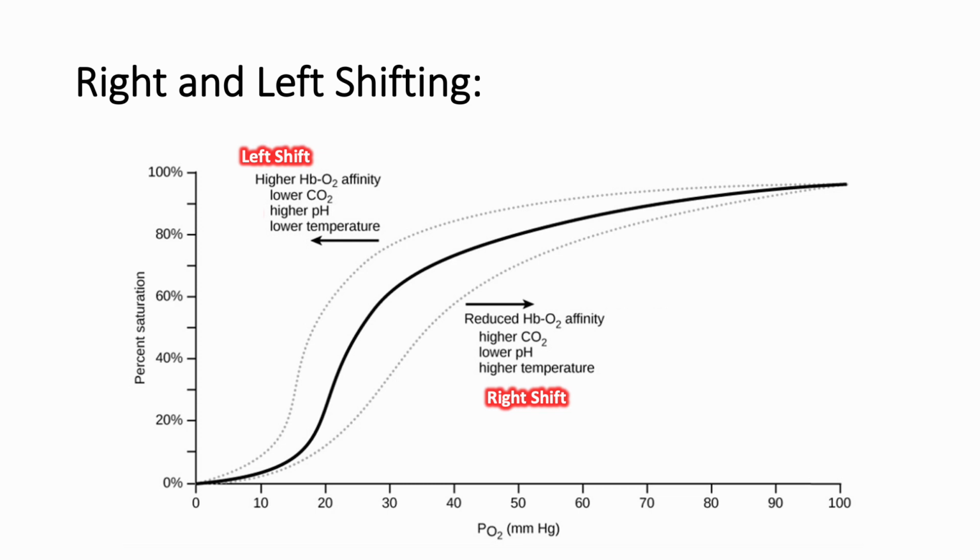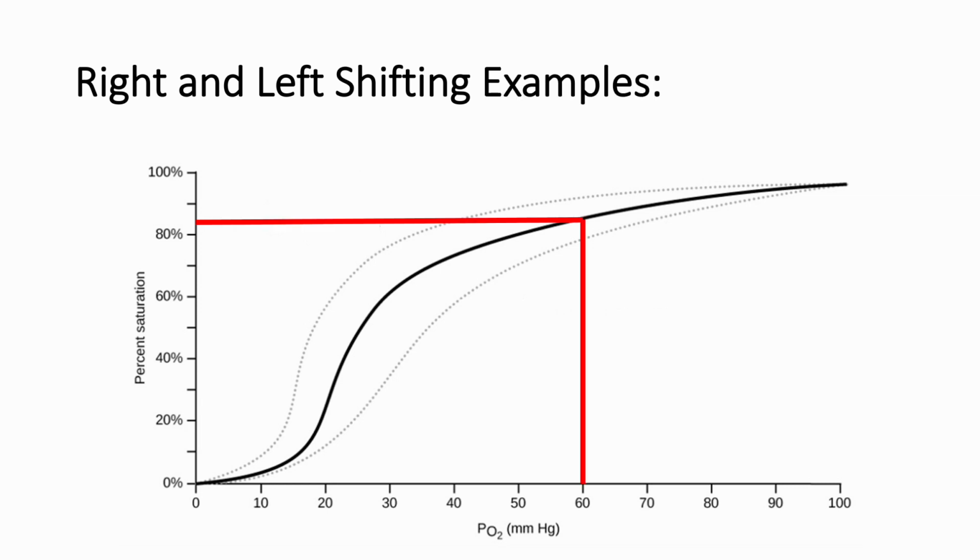Factors or overall environments that increase the binding affinity of hemoglobin for oxygen result in a change to the oxyhemoglobin dissociation curve known as a quote-unquote left shift. To work through an example, if we use the oxyhemoglobin dissociation curve and work out an expected oxygen saturation for a PaO2 of 60 millimeters of mercury, we see an expected oxygen saturation of about 85%, noted with the red